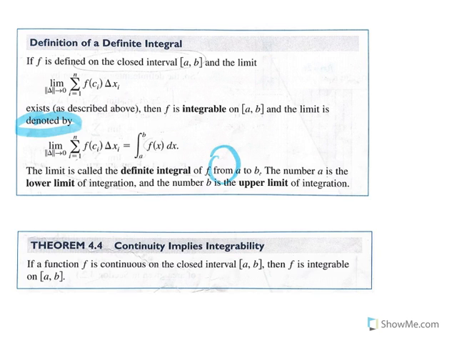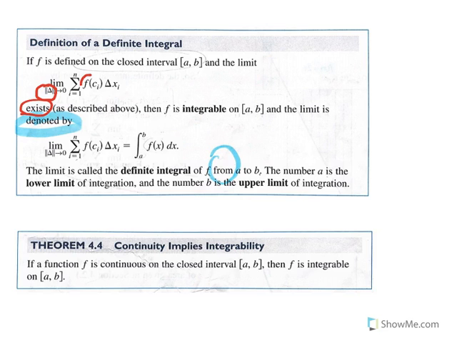So now we get to the definition of a definite integral. So if you have a function f defined on the closed interval from a to b, and the limit, and look at this limit. Look at this part here. This is a Riemann sum. And the limit of this Riemann sum as the norm of the partition approaches 0, if this limit exists,